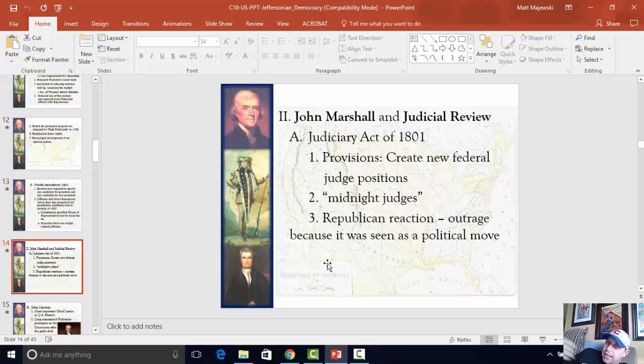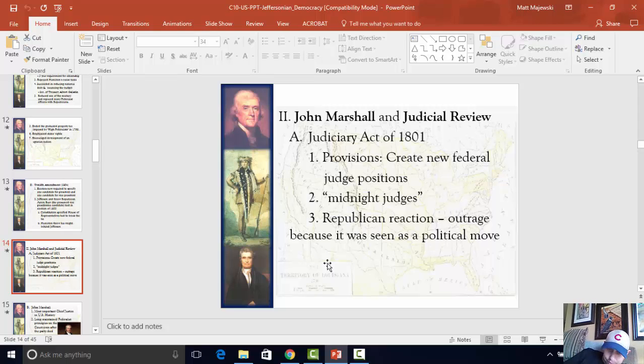Anyways, they're handing these commissions out, these things that say, hey, you're a judge, congratulations. They're getting them mailed, they're getting them hand-delivered. But they're not going to be able to get all of them delivered in time before Adams' presidency runs out, all right? So what happens is John Marshall, the outgoing Secretary of State, leaves them on the desk of the incoming Secretary of State, the guy that's going to serve under Jefferson. That is James Madison. So again, Marshall basically leaves them on the desk and says, hey, will you continue to deliver these? These are judge commissions that we didn't get out in time.